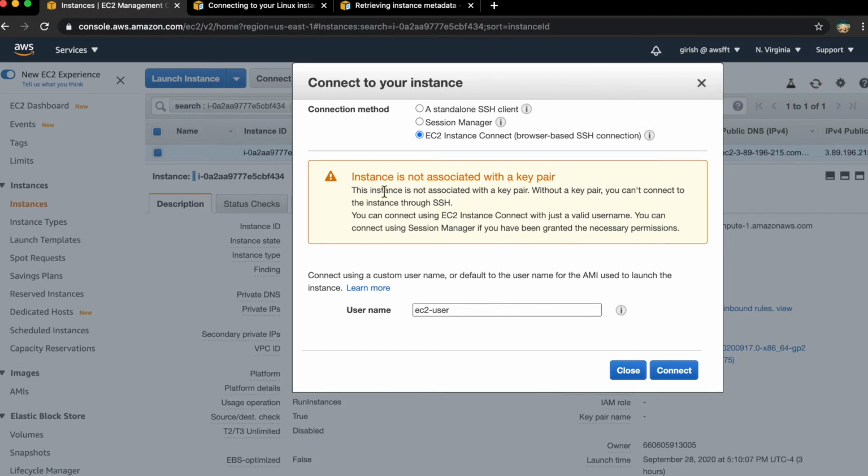If you see the message, it says the instance is not assigned with a key pair, and that's what we did. We didn't assign any key pair to this instance. In spite of that, it will allow us to SSH using EC2 Instance Connect, and that's basically what we want to try. And then I will explain how this is working, even without an SSH key. Because so far we know we need an SSH key pair to SSH into any EC2 instance. But here that is not the case.